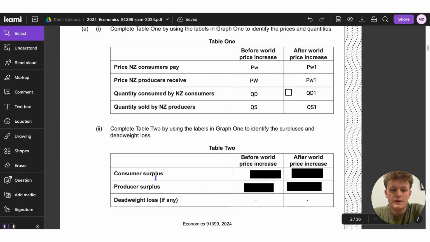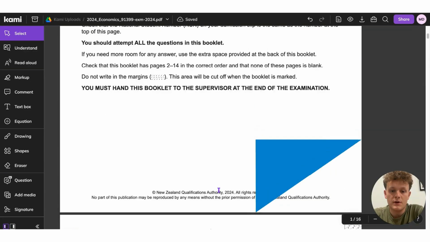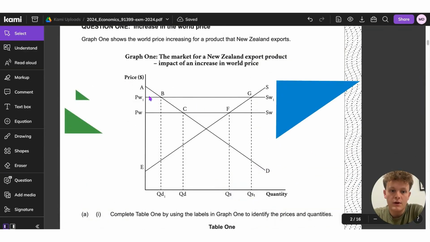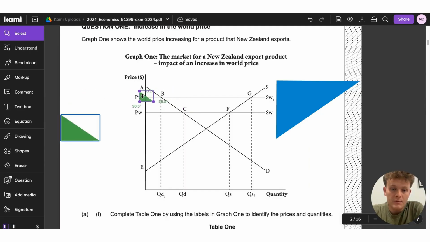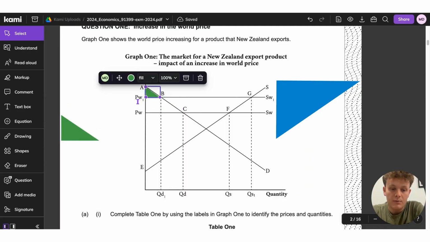If we go into the surpluses here, we need the before world price and then after world price for consumer surplus, producer surplus, and deadweight loss. Before the world price change, the consumer surplus was A, C, PW, this green triangle here. Why is that? It's because this is the demand curve, the price we're willing to pay, and then this is the price that we actually pay, this PW. So the difference is the extra surplus gained on each unit consumed for all of the units up to QD. After the change, however, we move to this much smaller green triangle of A, B, PW1, because now we're paying this higher price, so there's less surplus gained on each unit, and there's less units from which to